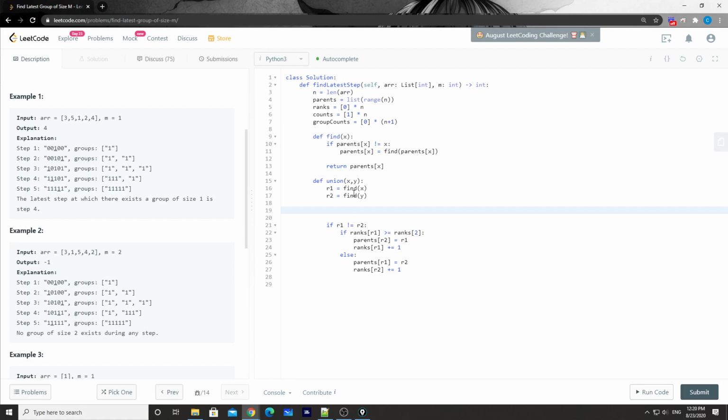After we union these two roots, the group counts of those two roots will be decreased by one. What I'm saying is this, the counts of the R1 will be decreased by one because